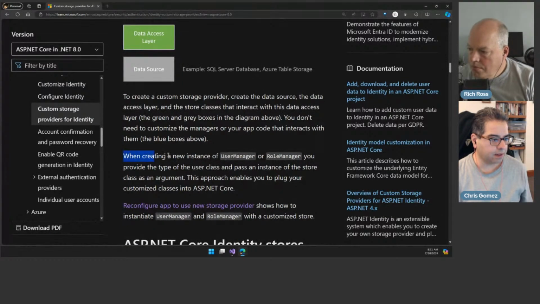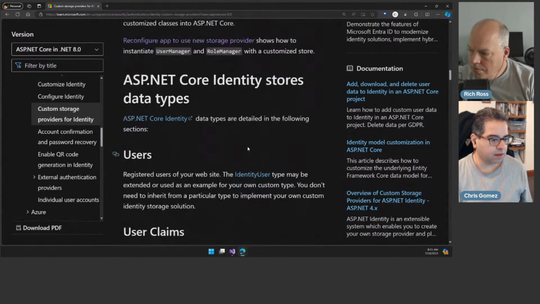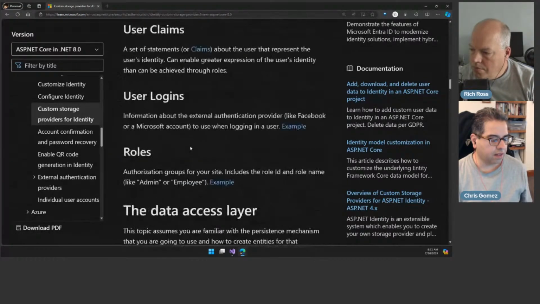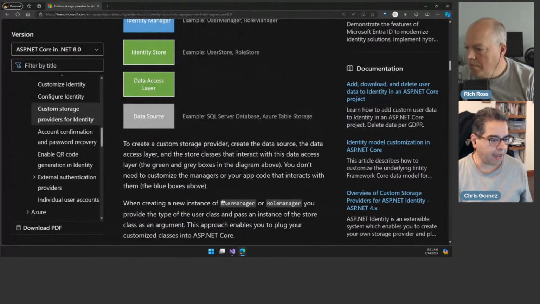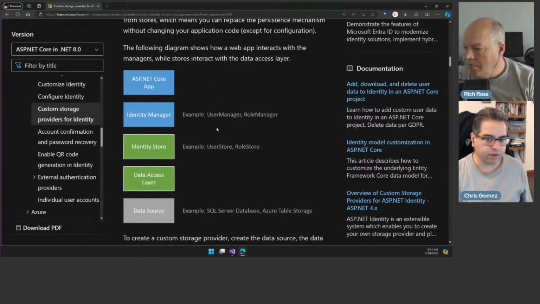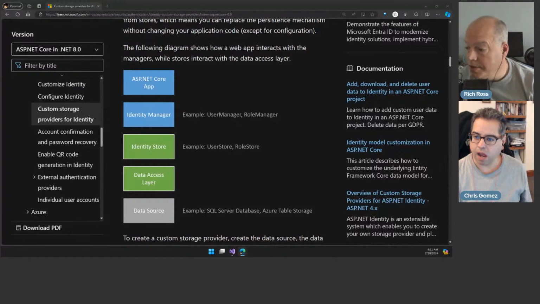But when creating a new instance, oh, I see. They make it feel like you don't have to override user manager. Yeah, it seems this is pointing us away from that. Yep. We certainly want a user, but I wonder if